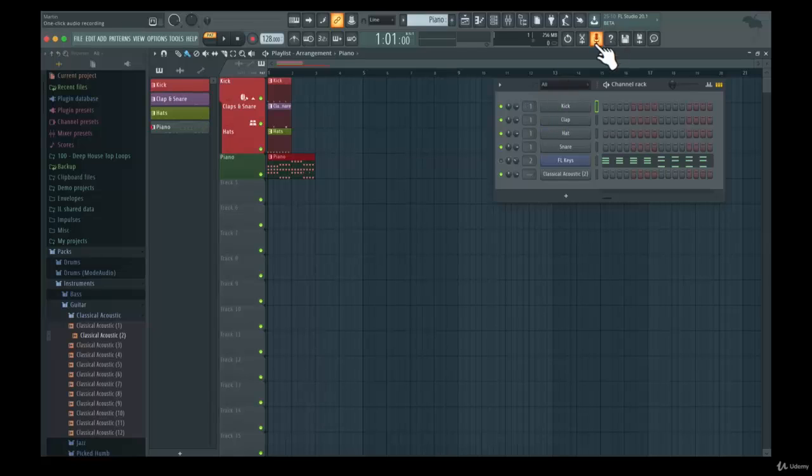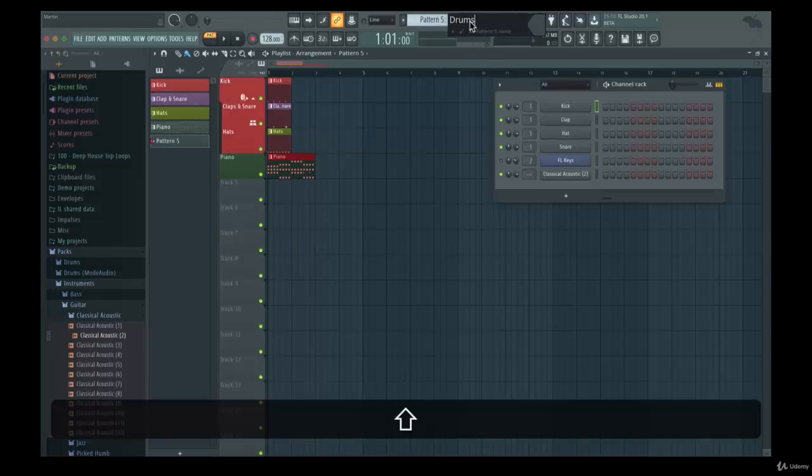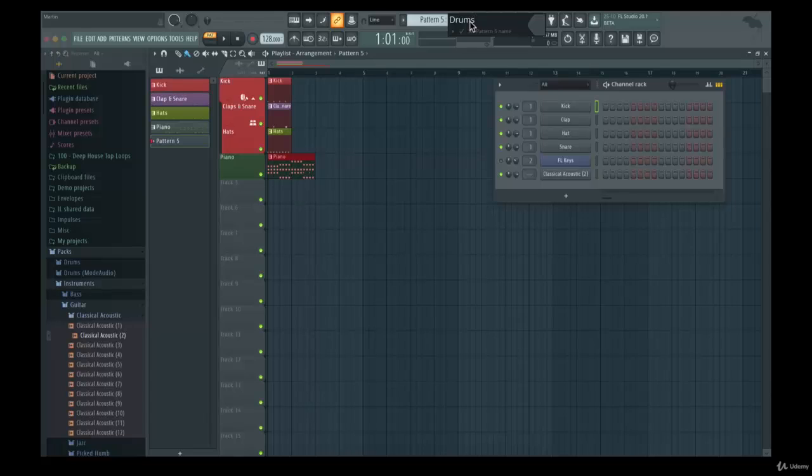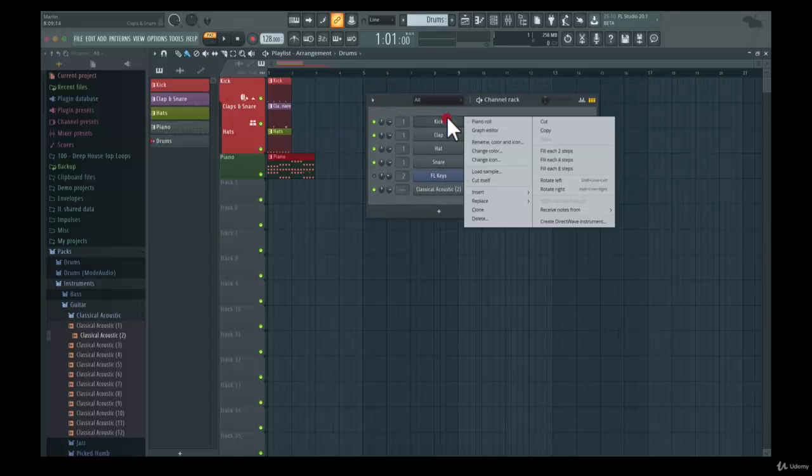Let's create a new pattern. So I'm going to go to the plus sign here, and let's name these drums like that. All right. So now I have a drums pattern here, and I want to create